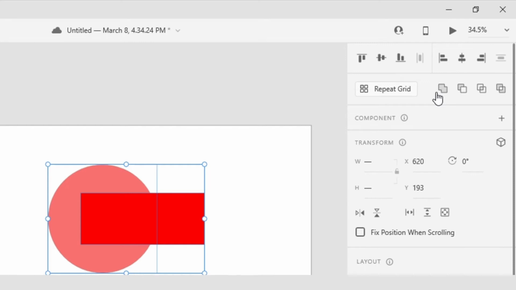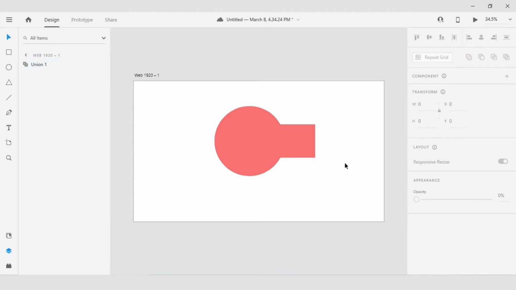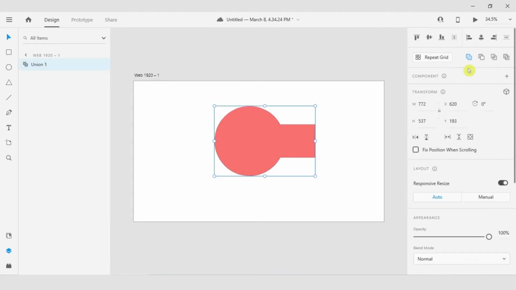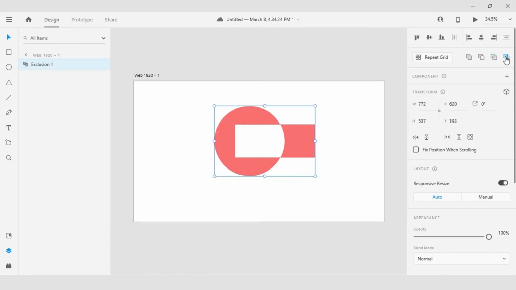So I'm going to click on the first icon, which is for add. If I'm not sure, I can hover over and get a tooltip. So I will come in and select these two objects and hover over that third icon. The tooltip lets me know it's going to apply the intersect operation. I will go ahead and click on that, and then I will select my large group and apply the exclude overlap.